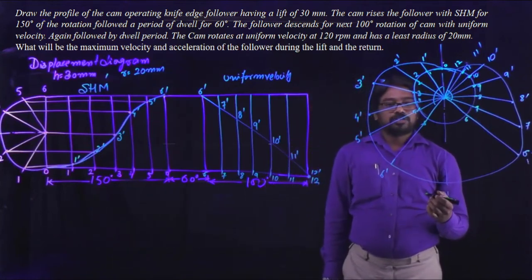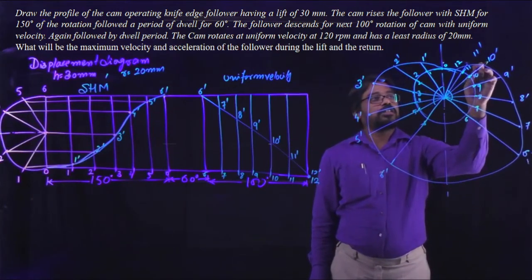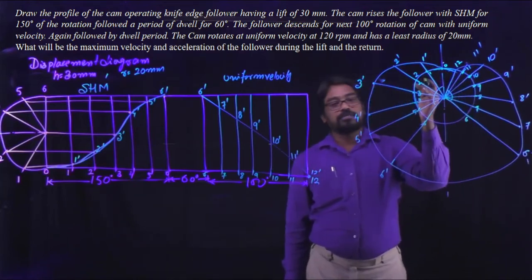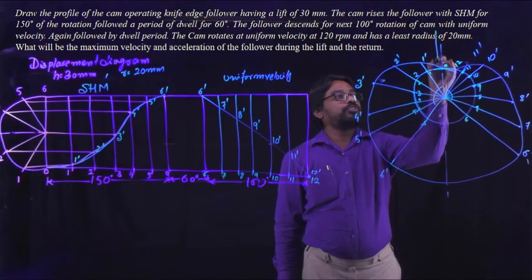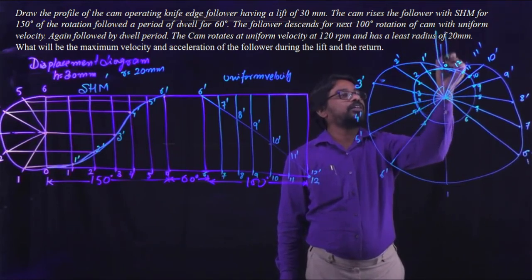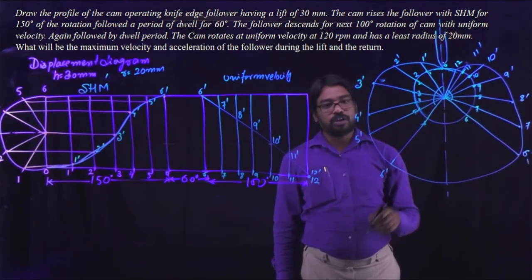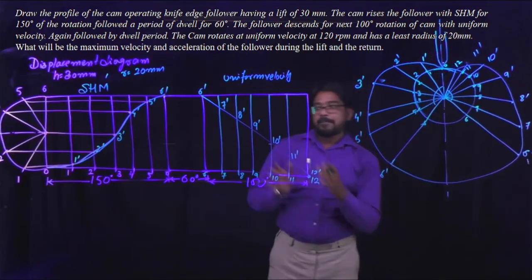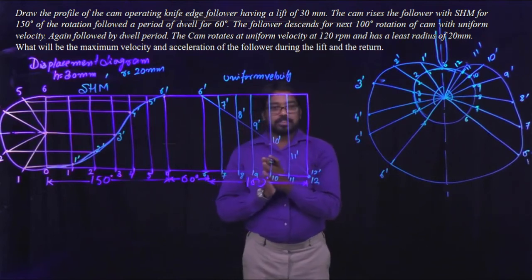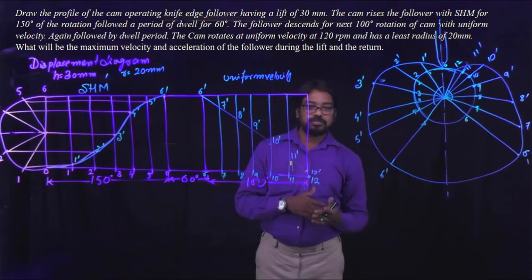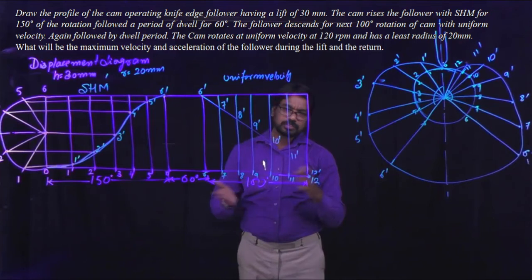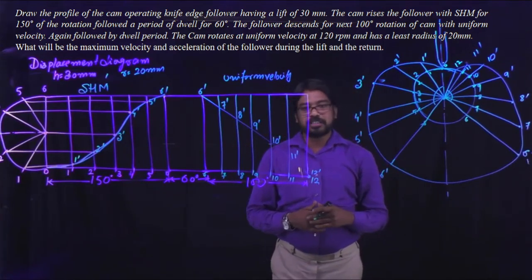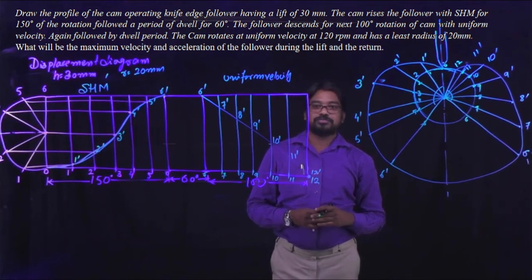Clear? So once you are able to make it with the compass and protractor, the cam profile will look much better. So what we are doing by hand is simply drawing the follower freehand. This is a knife edge follower. This is how, with the help of the displacement diagram, we are able to generate the cam profiles. When you do it with scales and protractors on a drawing sheet, the cam profile we have explained will be much better and clearer.